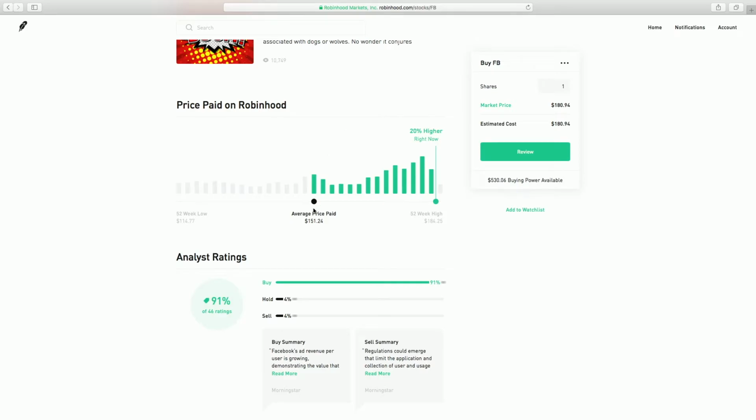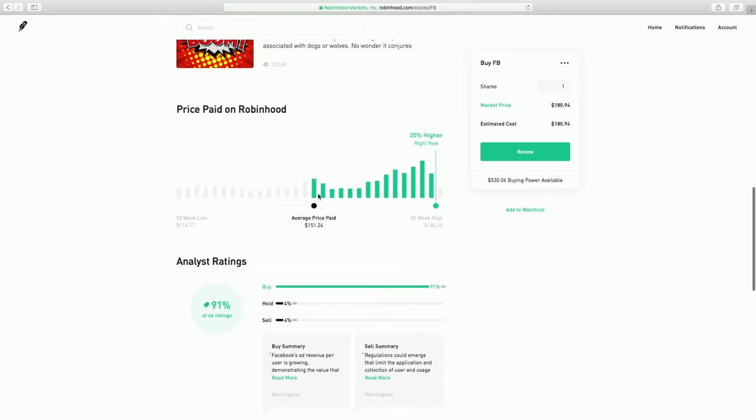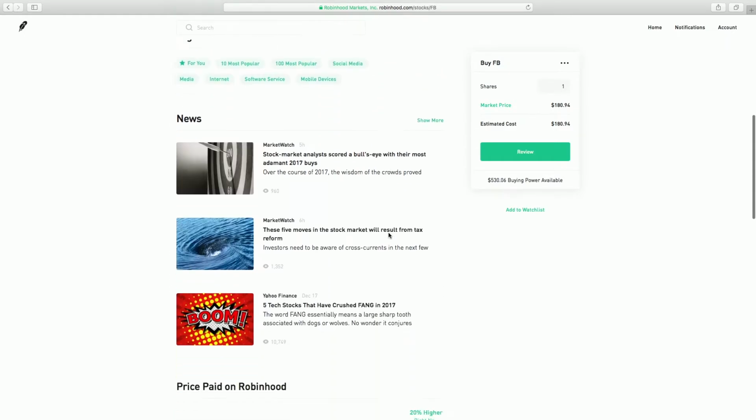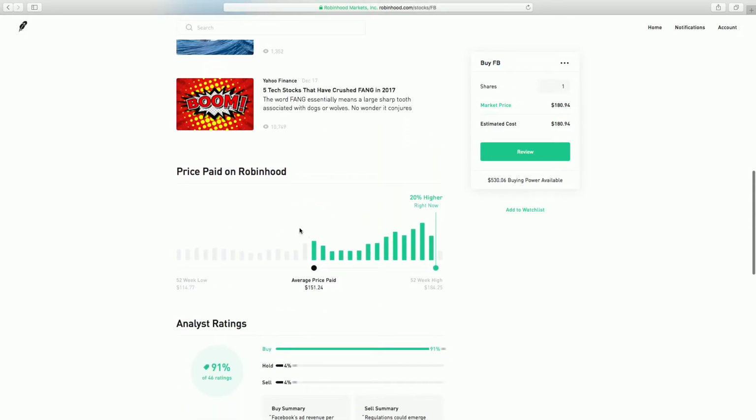This will give you the average price that those 97,000 or 67,000 people purchased Facebook at, which was $151. As we can see, the stock is 20% higher right now. That is pretty awesome. It kind of gives you an idea of really what